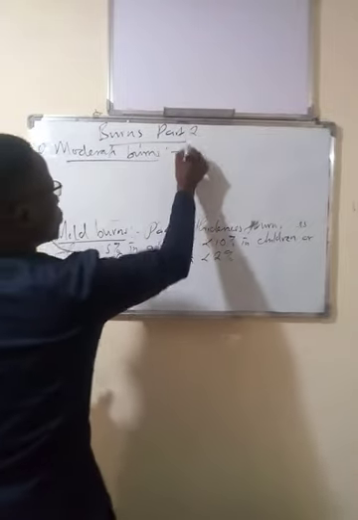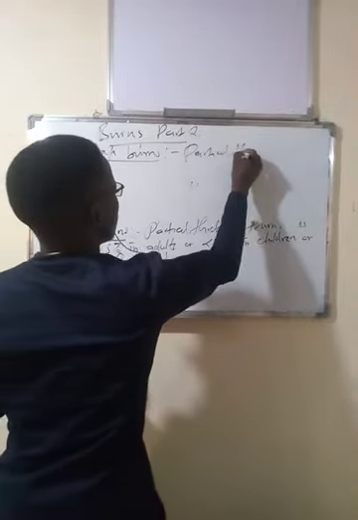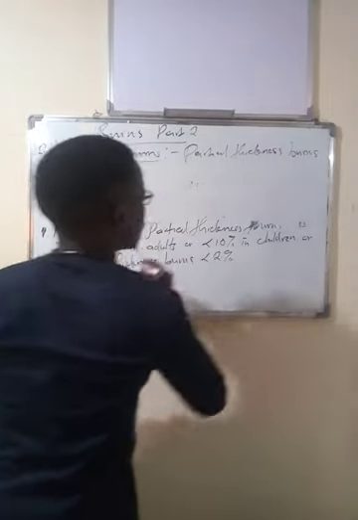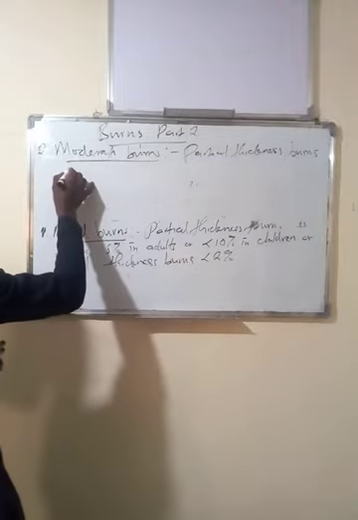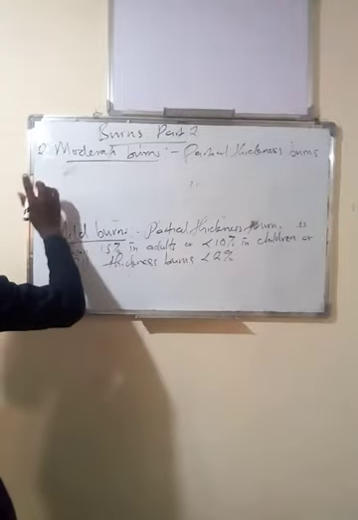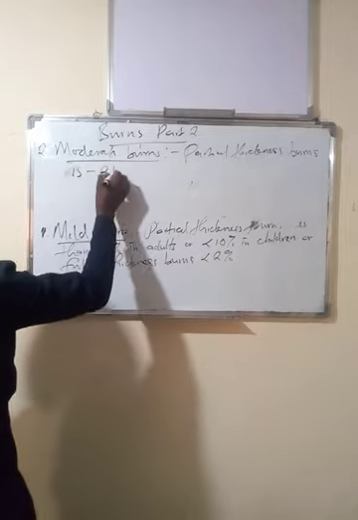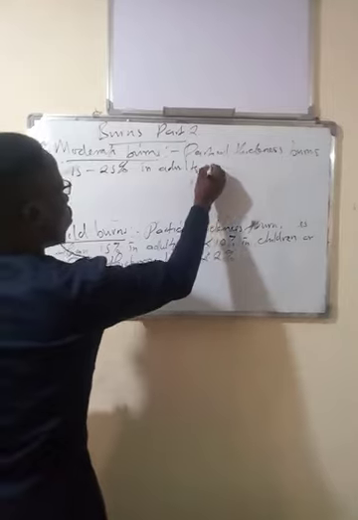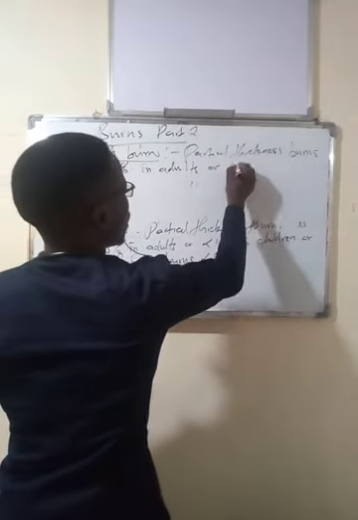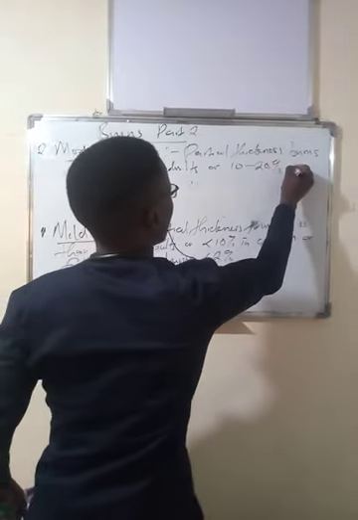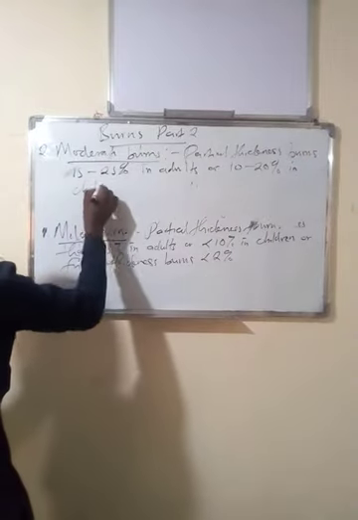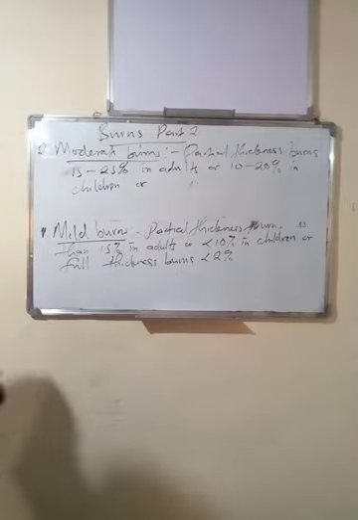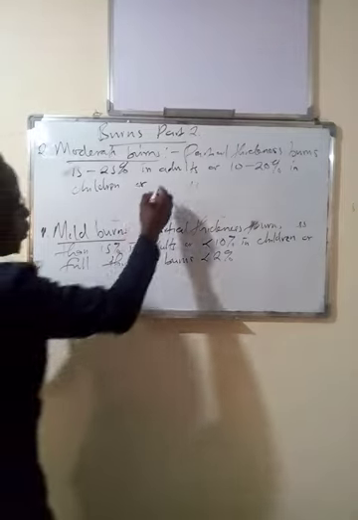Here we're looking at partial thickness burns between 15 and 25% in adults, or 10 to 20% in children, or third degree burns,